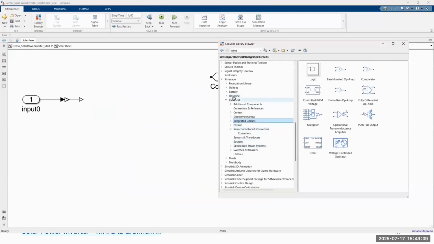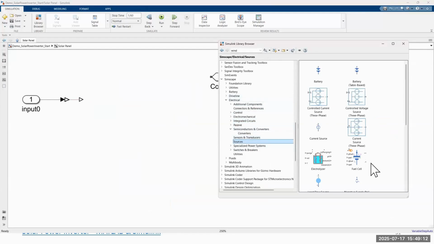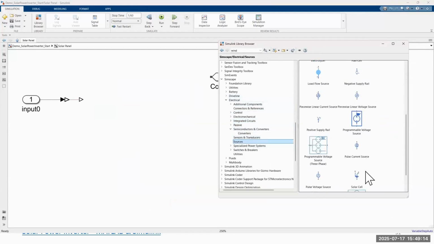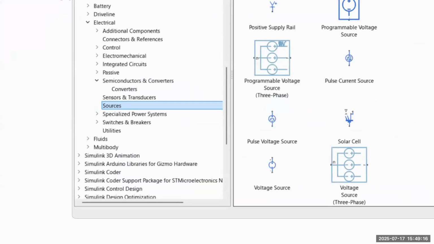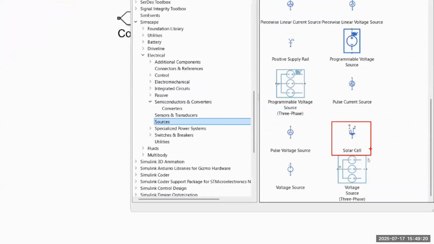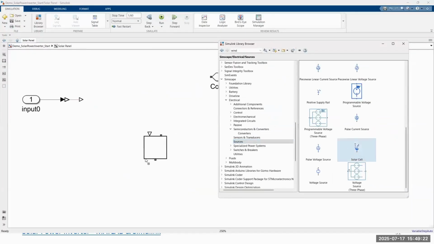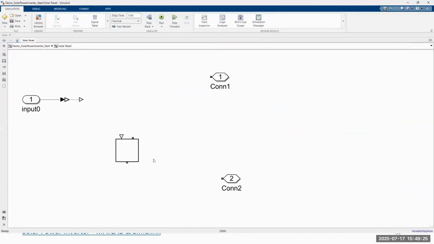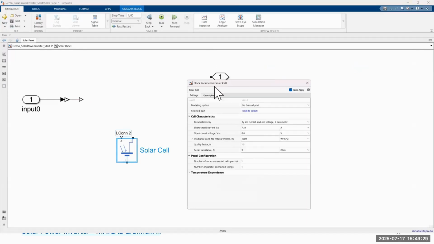In Simscape Electrical, we have a sources panel. With this, we have a solar cell library. Let me click and drag that library. When you have this library, you can double click it, and then there are certain parameters that you can update from this model.